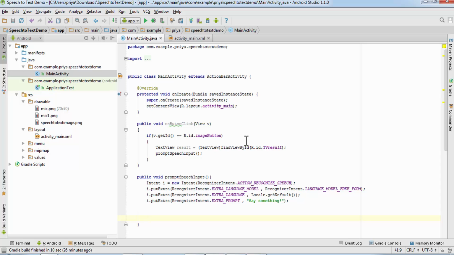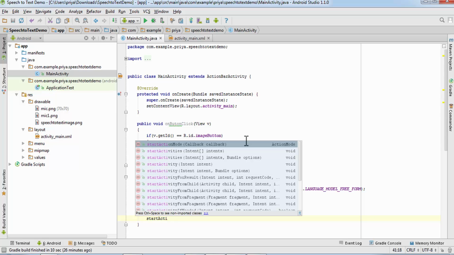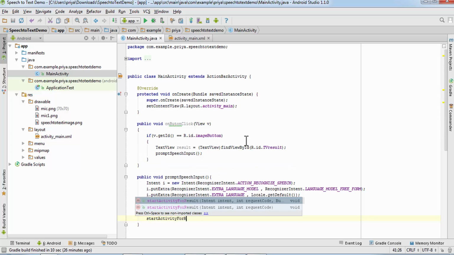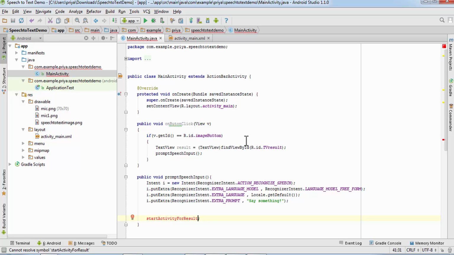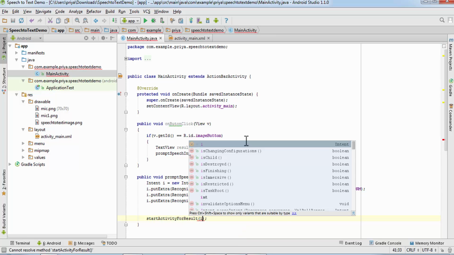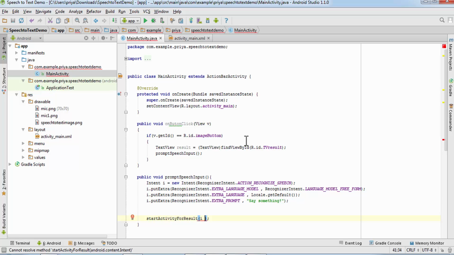Now I'm going to start this activity and it might throw some exceptions. So first I'm going to do that, startActivityForResult, and it takes, as you can see, two parameters or three parameters. I'm going to use two parameters. So first one is intent, and that is i, and the second one is request code.